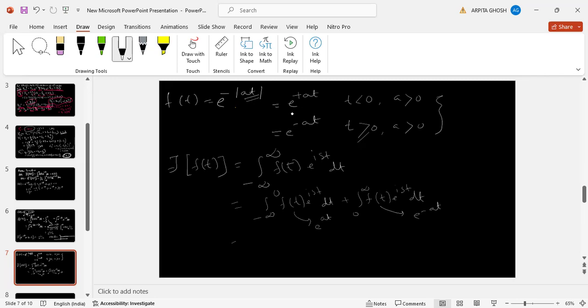So this is minus infinity to 0 e to the power at into e to the power i omega t, so this is e to the power a plus i omega into t dt. And for the second part, 0 to infinity, just as we have done in the last example, the range was 0 to infinity, and what we did, we took the minus sign common. So here also we are going to do the same thing, just to take help of the condition,